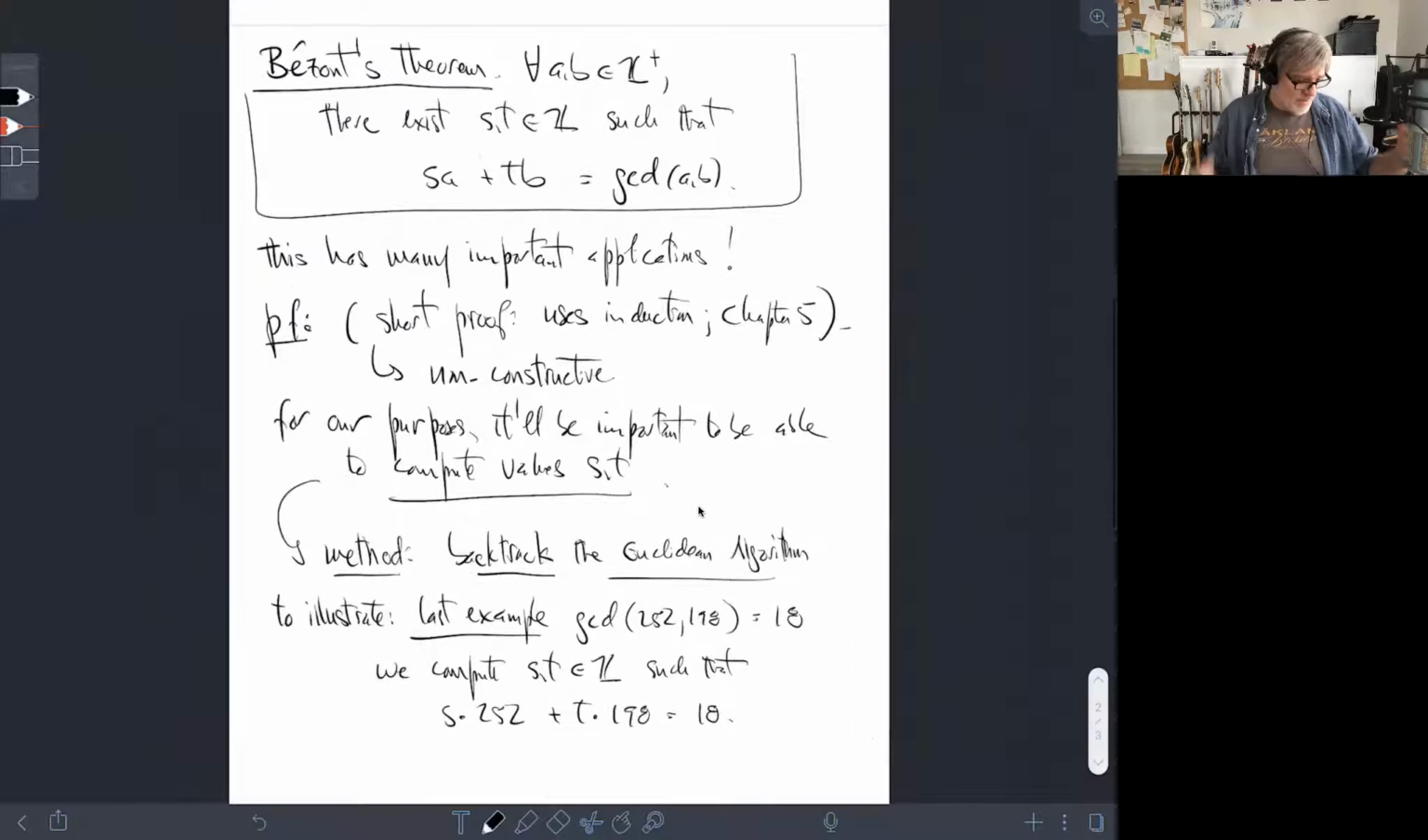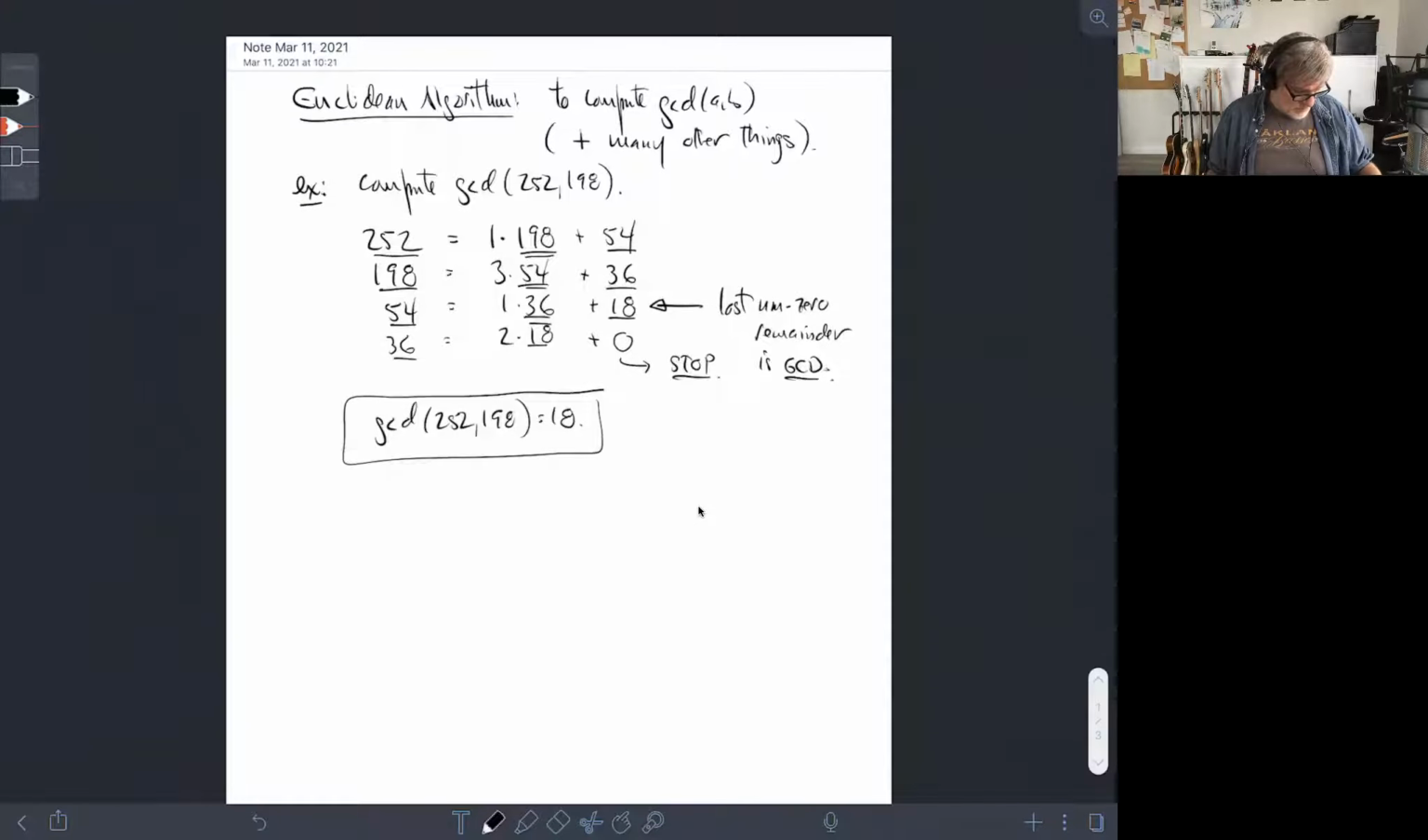Again, Bézout's theorem: you have two numbers a and b, and you have their GCD. There are two coefficients that you can find. There's not only one solution; there are many others, but there's at least one solution, s and t, such that the combination of a and b will give you the GCD. So let's compute this using the